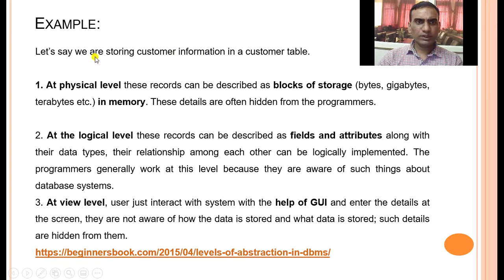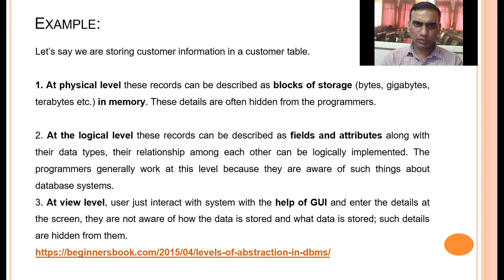Let's take an example: we are storing customer information in the customer table. In your organization, you have a customer and you are storing that customer's information in the customer table. What happens exactly at the physical level? This record can be described as a block of storage.